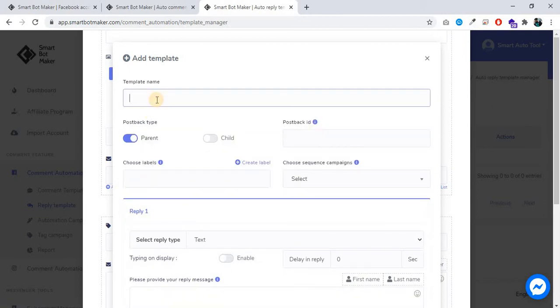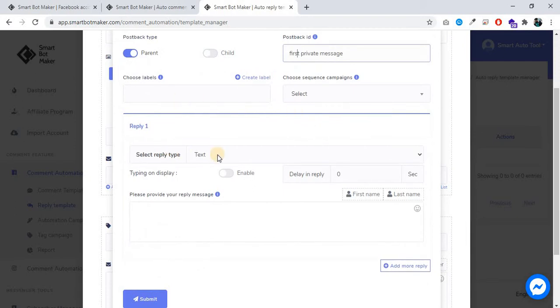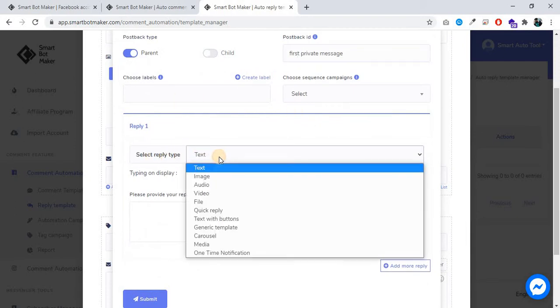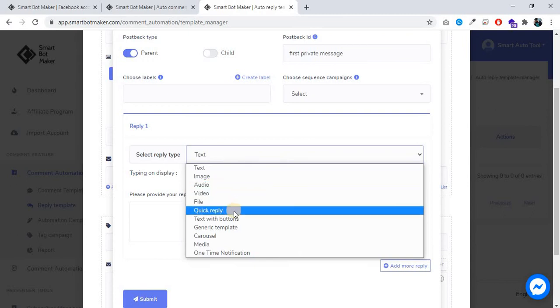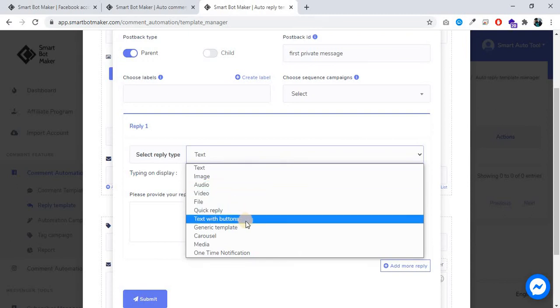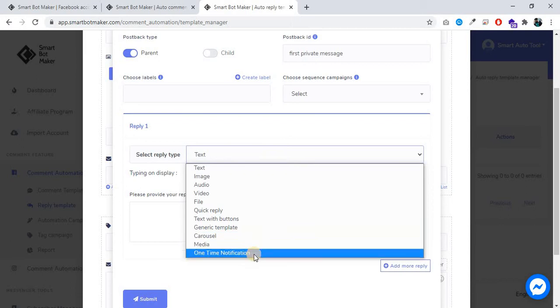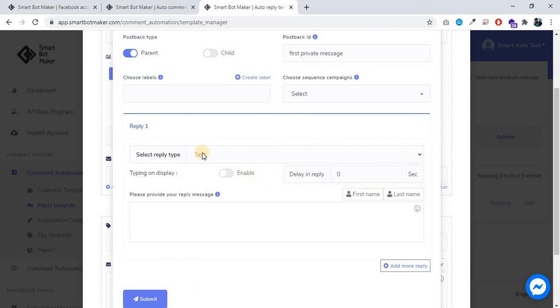Write the template name, postback ID. Select reply type: text, image, audio, video, file, quick reply, text with button, generic, carousel, media, one-time notification. I'm using text. Typing on display enabled. Delay in reply 2 seconds.